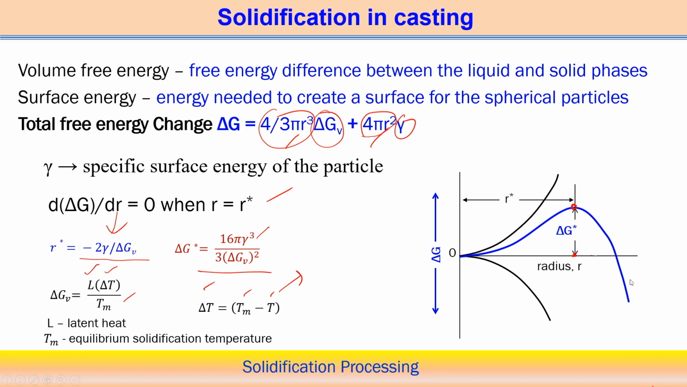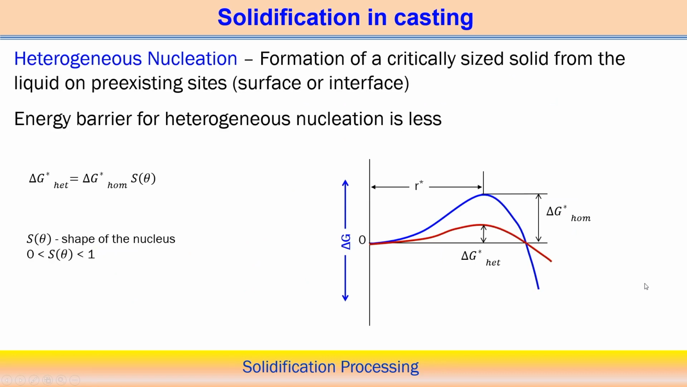So, this sample calculation we already discussed in the nucleation theory, but now if we look into the heterogeneous nucleation process, here the formation of the critical size solid from the liquid happens on pre-existing sites, that means some surface or interface where the nucleation process starts. So, that means in that case definitely to start this heterogeneous nucleation process, the energy required